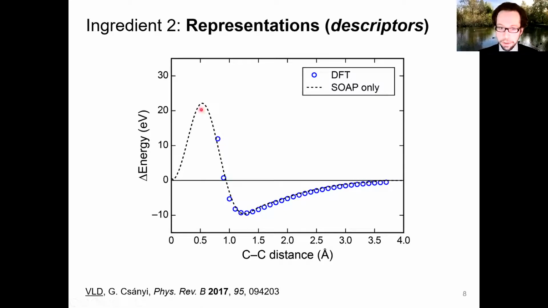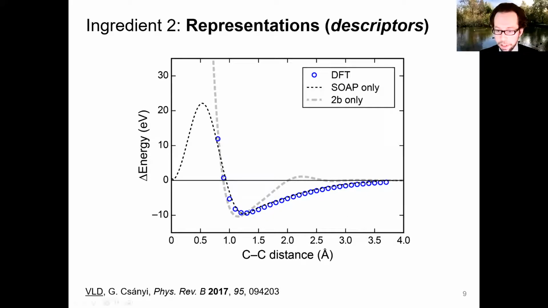But if I go to rather strange interatomic distances, there's no reference data. And because the model is so flexible, it is going to do strange things. Another way to try and make a machine learning potential is by using only the distances between atoms as descriptor or as feature. So I'm only looking at pairs of atoms at a time,